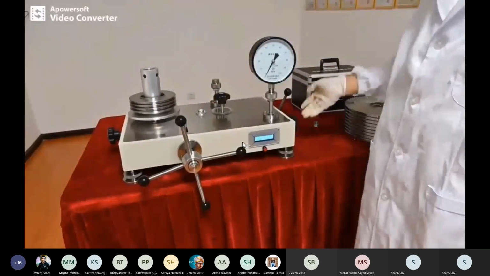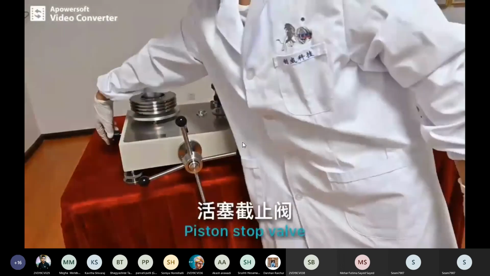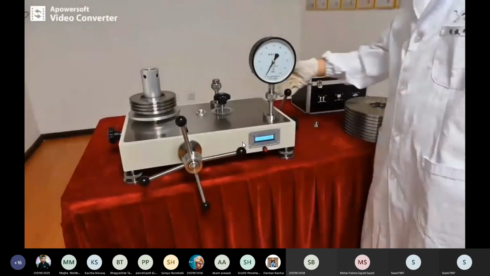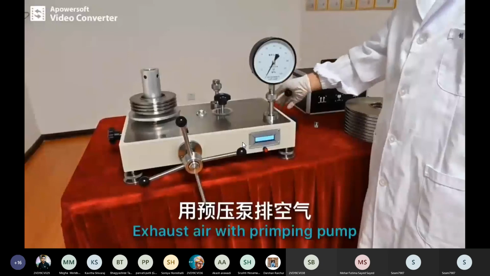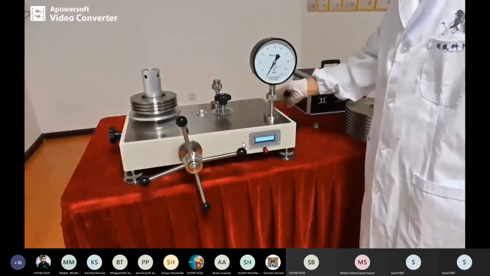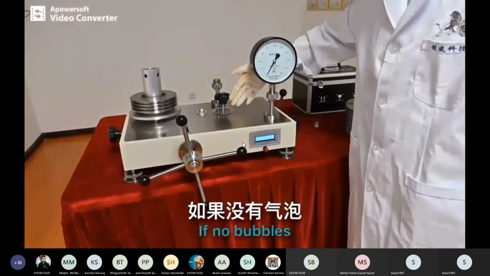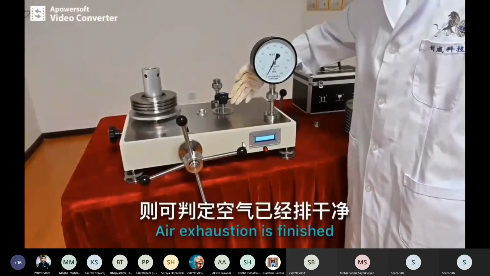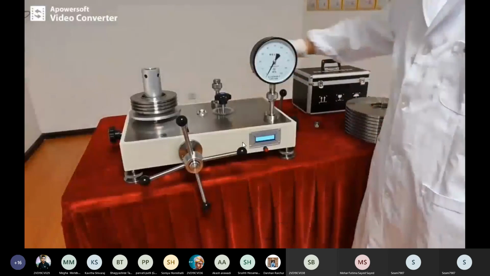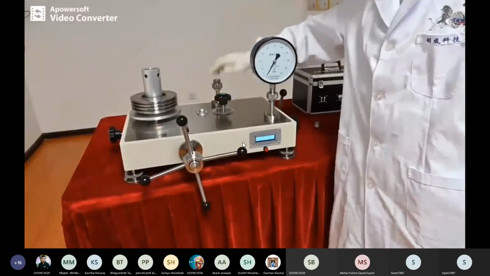When you apply the load, you are going to close the valve, so the air which is present there is removed. So slightly close the valve.